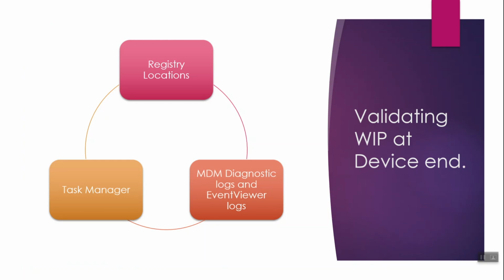Secondly, by default, when we make a WIP policy, it gets populated with the cloud resources, right? So if we are, let's just say, using SharePoint Online or OneDrive or whatever the case may be, we can edit that, we can add more entries, we can remove it as per our requirement. So by default, one entry is there in the cloud resources. We will talk more about what exactly cloud resources are and protected domains, network domains, and neutral resources later in the slides. But for now, let's just know that